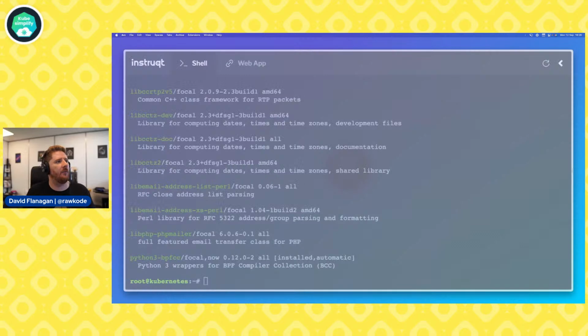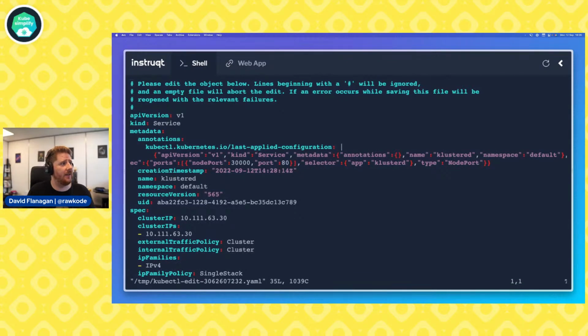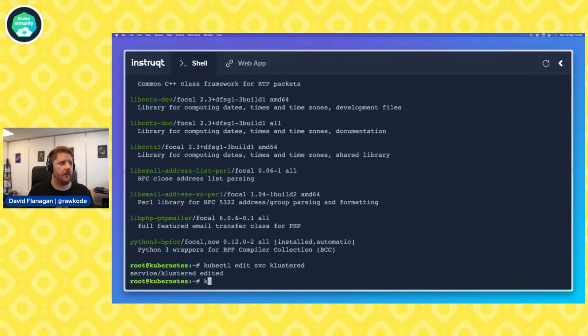So we want to come back here and edit our service. Then I'm going to point out one more thing that is really annoying in Kubernetes, and then we'll move on to cluster 2. So I'm going to remove the target port. We don't need it because it's not different from the port. And we're going to update our port to 666 and hit save.